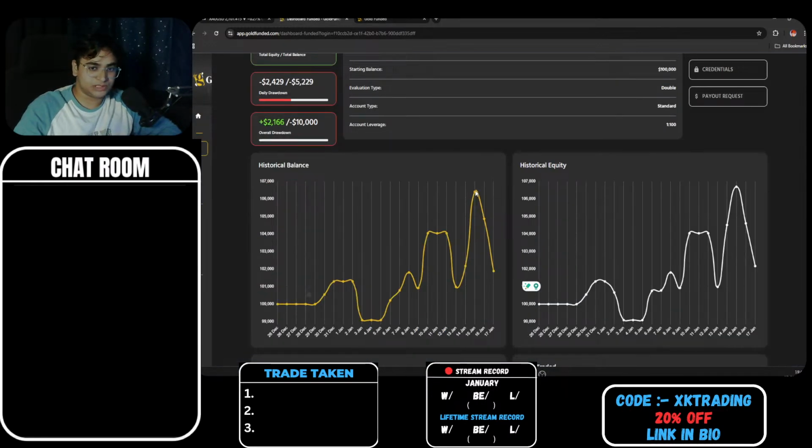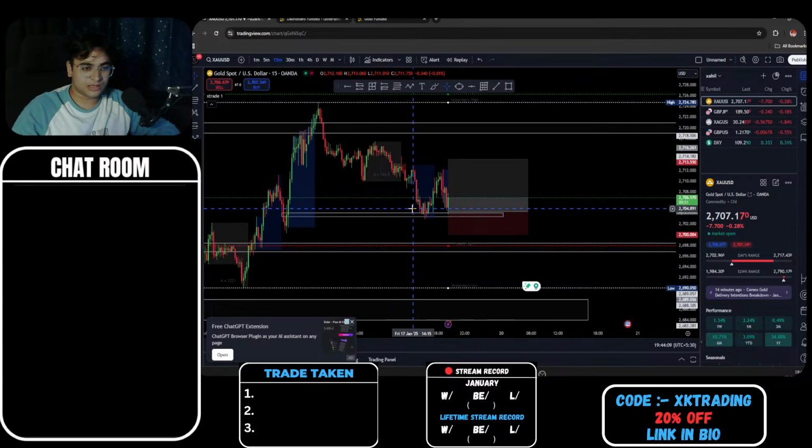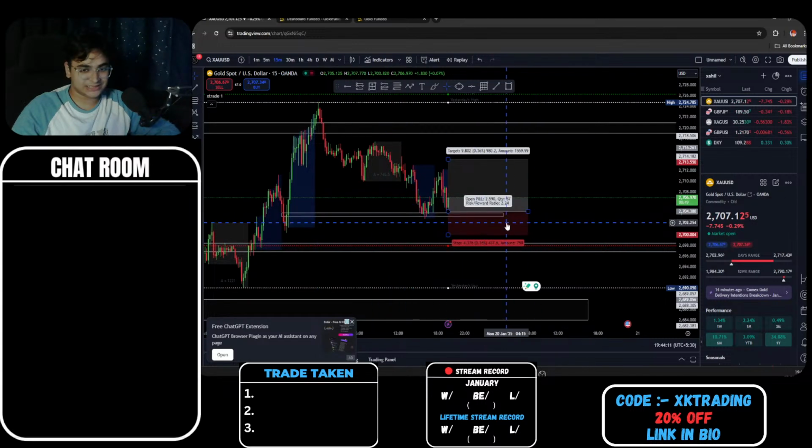I was up around 6.3% on the account and took some bad trade. I lost around 4% and then took some other trades today. Due to that we lost a little bit, but yeah, our graph is looking funny. हमारा ग्राफ थोड़ा अजीब लग रहा है, but it's okay. For today, most likely we are planning this trade.